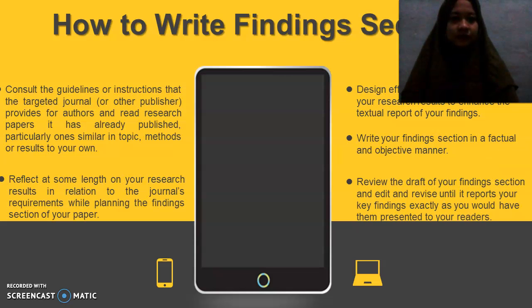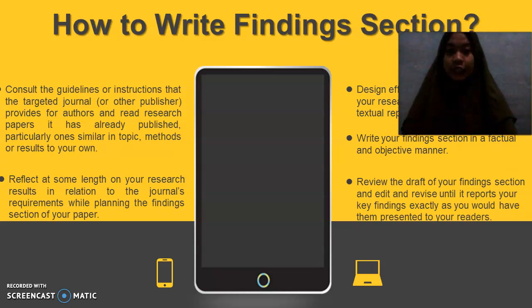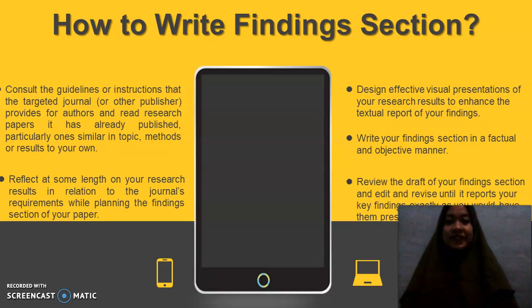The third is design effective visual presentations of your research results to enhance the textual report of your findings. So it should be designed with effective visual presentations, so it will be clearer if we use visual presentations of our research results.